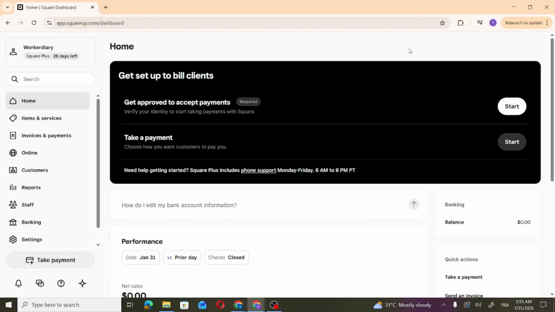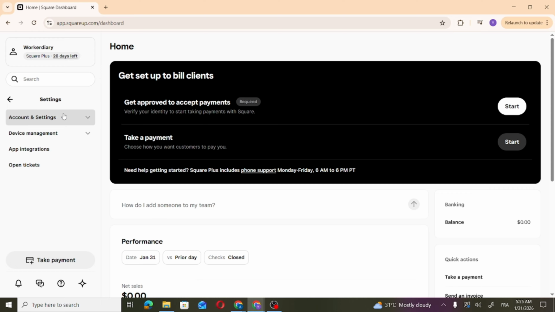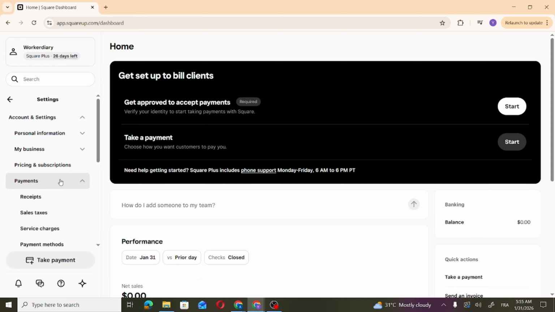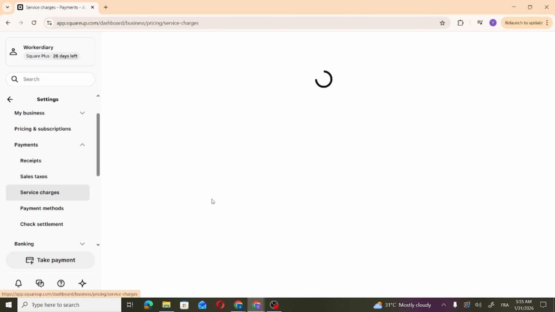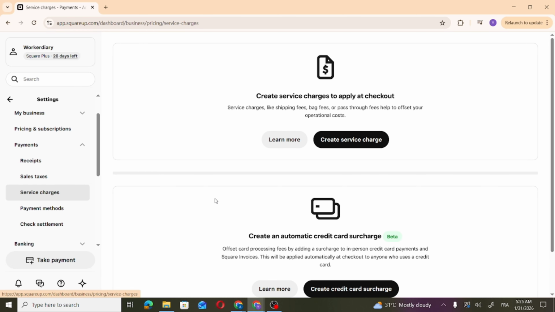Make sure you are logged into your account and then go to settings, then account and settings, and then go to payments. Scroll down until you see service charges here. Now you can create service charges